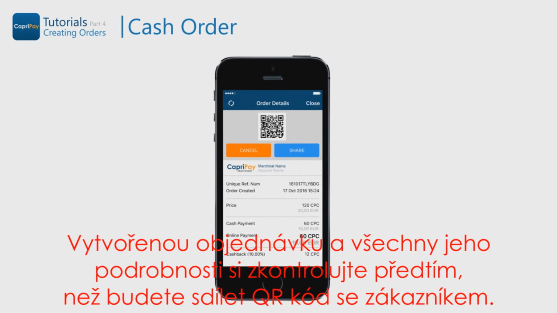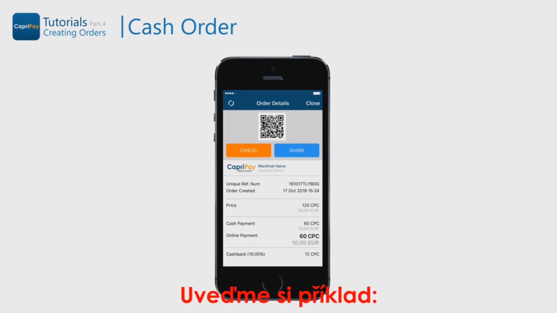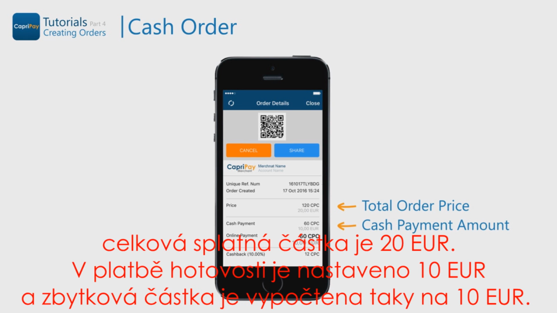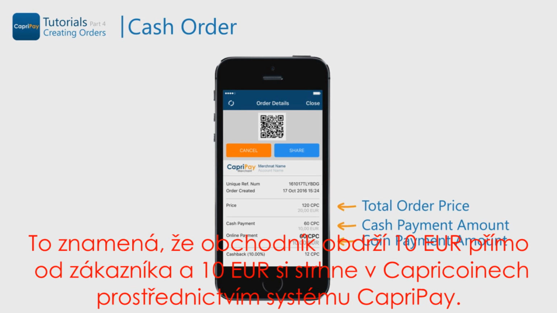Once the order is created, it's best to double-check all of the details before sharing the order QR code with the customer. In this example, the total price is 20 euros. The cash payment is set to 10 euros, and the leftover amount was calculated at 10 euros. This means that the merchant should receive 10 euros from the customer directly and 10 euros worth of CapriCoins through